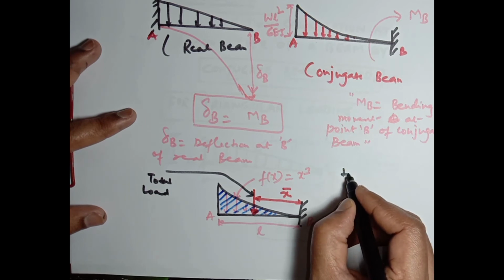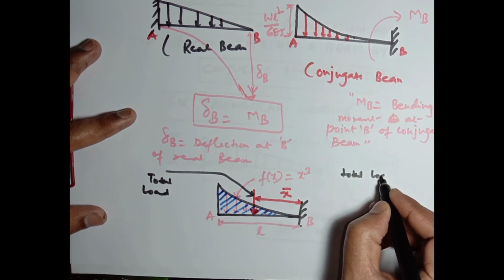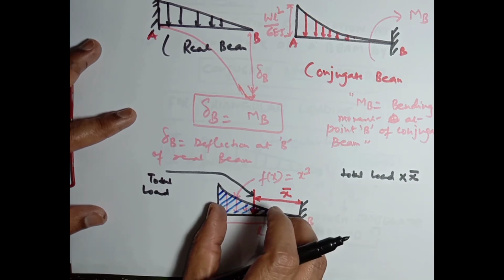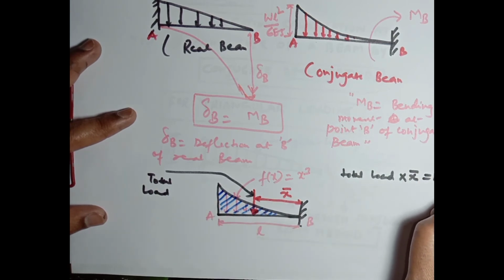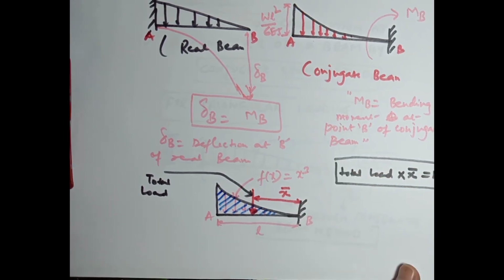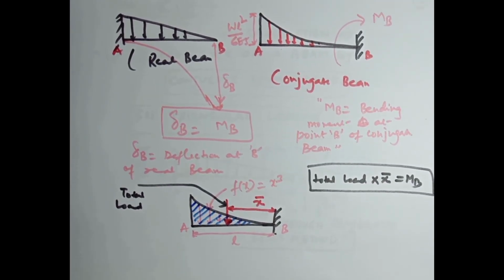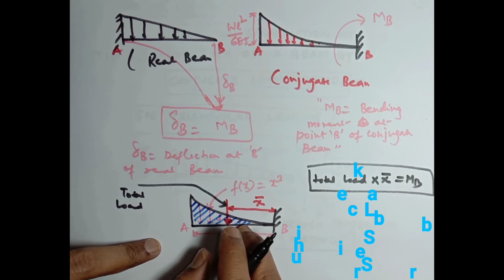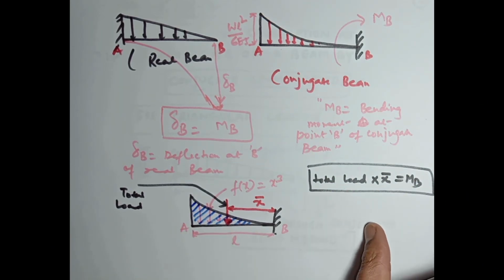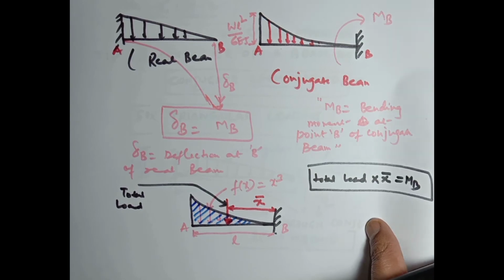Total load. Multiplying with the centroid of this loading will give the bending moment MB. Now we are going to find out the total load of this loading diagram. For that we need to find the area of this loading diagram. Now the area of this loading diagram can be calculated here as